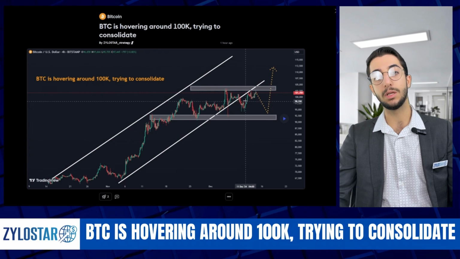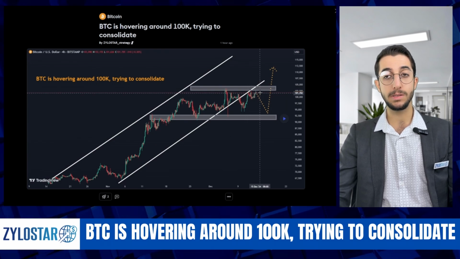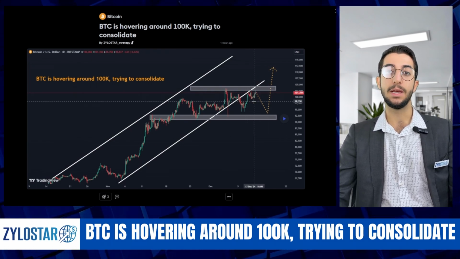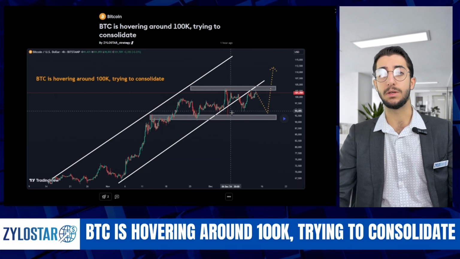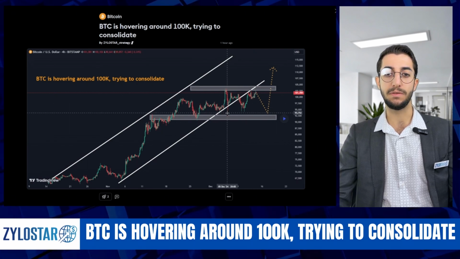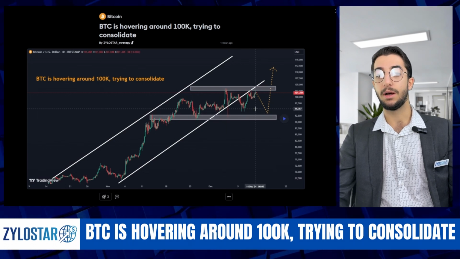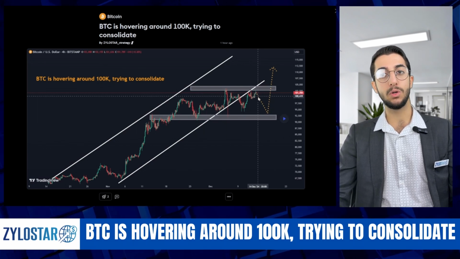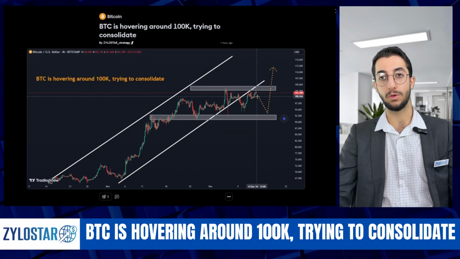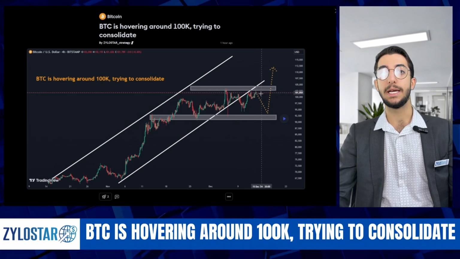Now, there is actually a possibility because of the Marubozu pattern. We can see some solid bullish momentum. We might see a breakout to the upside, especially after the liquidity grab previously at early December. Now, from here, we are looking for an upward momentum in Bitcoin, but we never want